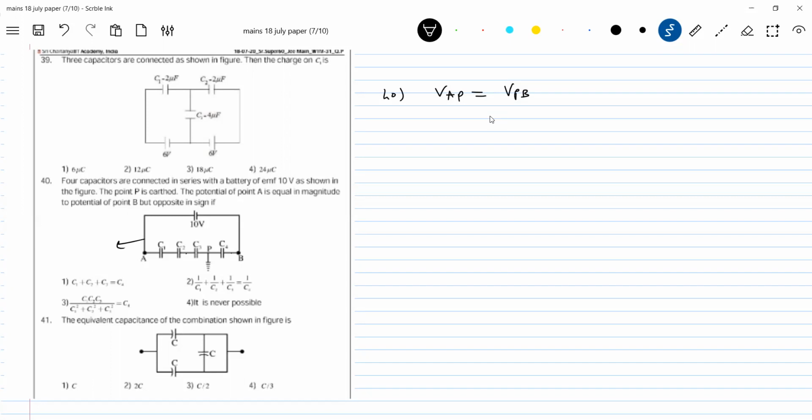The charge in all capacitors will be Q irrespective of point P being between C3, C4 or C2, C3 or C1, C2. So it's better you do the problem. Don't bother about this earth. Why did we bring earthing? To define the zero potential point. That's a basic condition. All capacitors have the same charge. That's the basic idea of this particular problem.